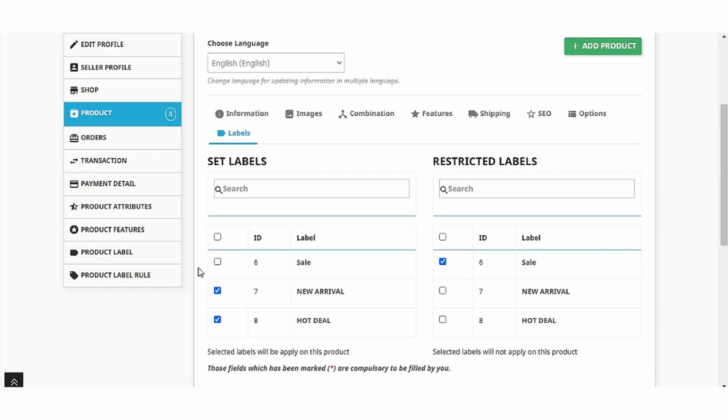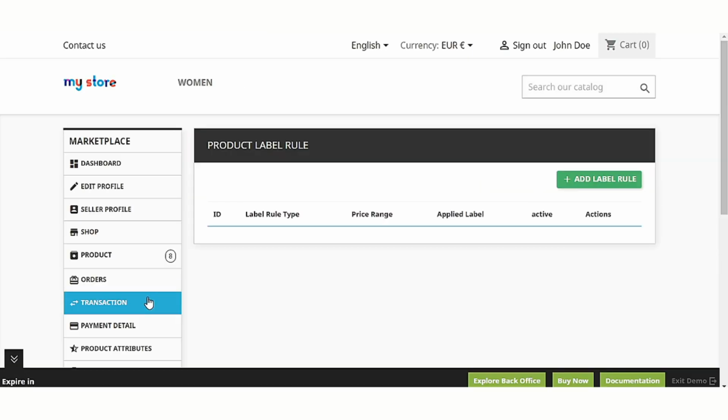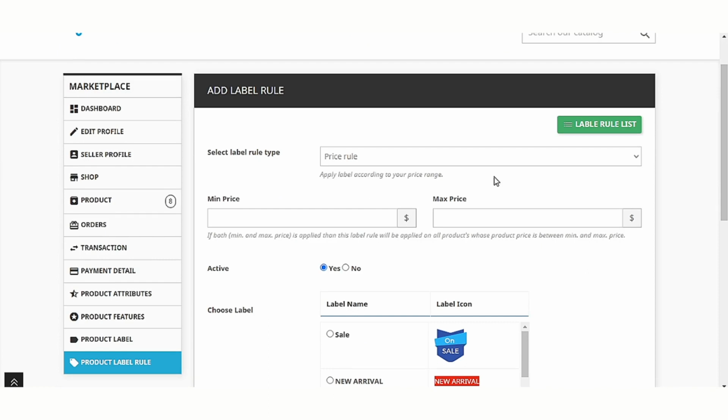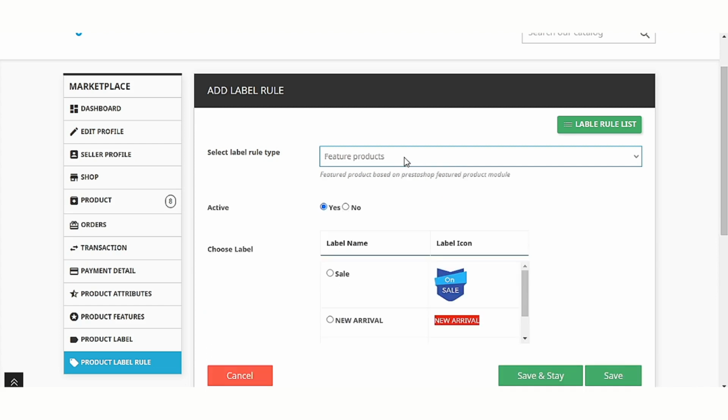Now let's discuss product label rule. A seller can add product label rules to mass apply labels on the products. While adding a rule, a seller can set the conditions for the display of labels. The conditions are price rule, featured products, new product, online only, on sale, and free shipping.